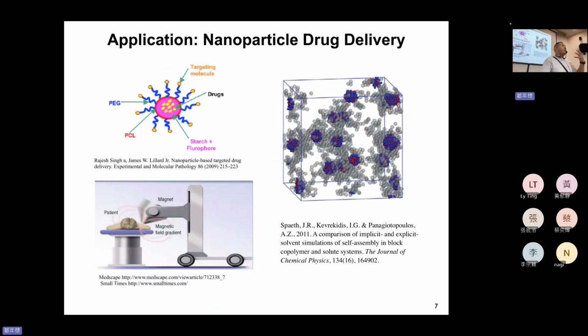Okay, so I just talked about the MD, molecular dynamics. One of the greatest useful applications for that is nanoparticle drug delivery. For example, if you have the atoms with the PEG, okay, PEG means the polymer that can protect the particles. Why do we protect particles? Maybe the particle is a medicine, it's a drug, right?